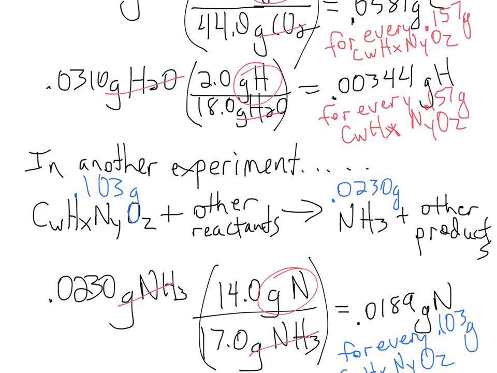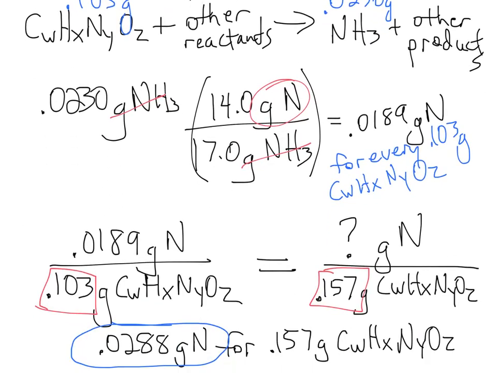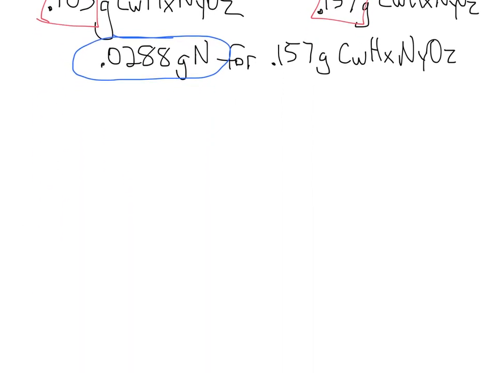We know that we've got 0.0288 grams for every 0.157 grams of the unknown. We've got 0.00344 grams of hydrogen and 0.0581 grams of carbon. The only other element that's in the unknown would be the oxygen. So we just subtract. If we have 0.157 grams of our unknown compound,